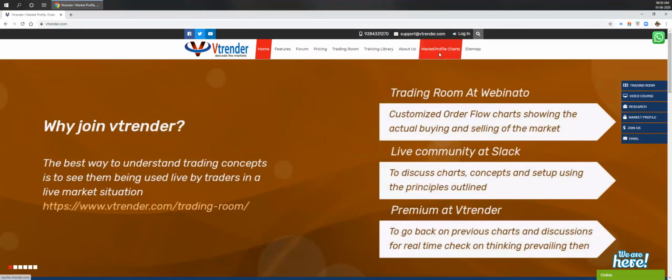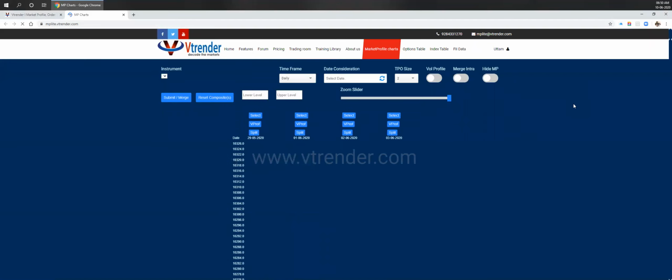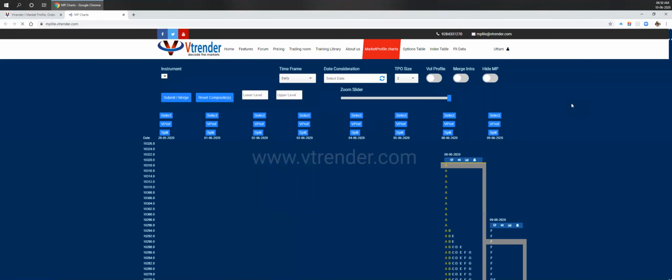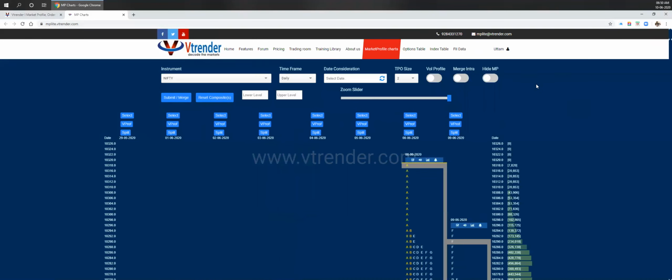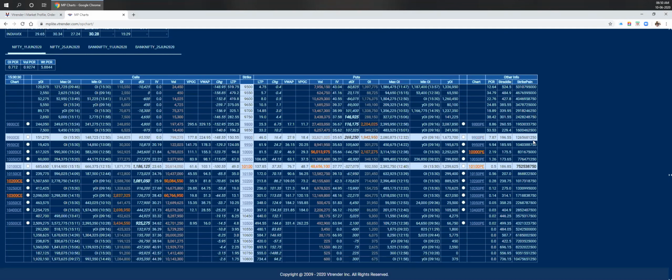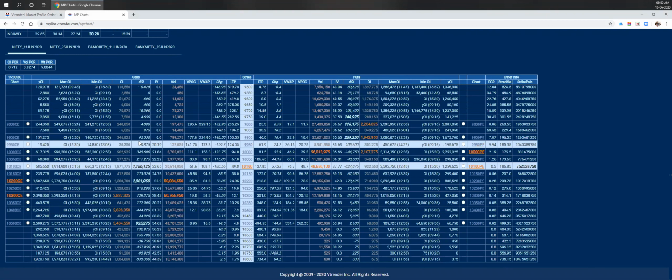To make life easier, we can view the list of all the options of both Nifty futures as well as Bank Nifty futures of the latest weekly as well as the monthly series in a single click thanks to the options table link, where you get to see the information about all the active strike prices of both calls and puts, which includes volumes, implied volatility, open interest, along with change of open interest, etc.